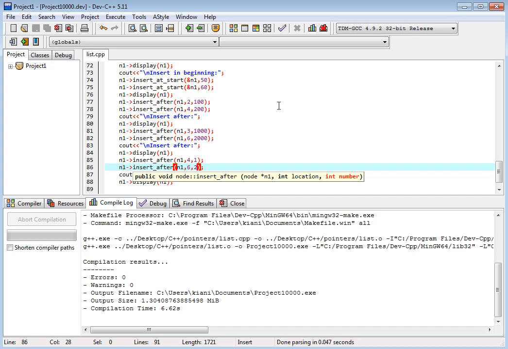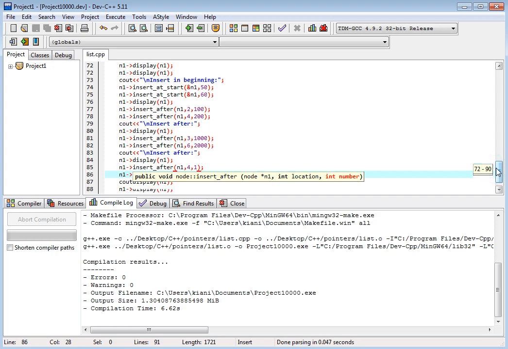We should have a number that deletes this number, right? So when we add something, we have to delete it. We have to add in the list after some location, and we have to delete from the list. So this is how we manipulate the lists using pointers in C.